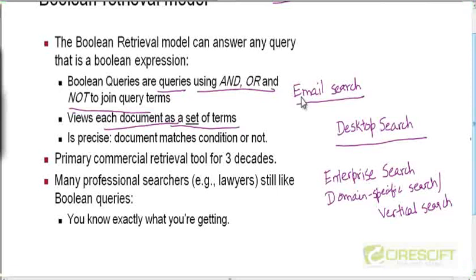Likewise, there are popular databases like Medline and PubMed, where you can search for articles on biology or medicine related papers. So you can type in queries, and the documents that you get will be basically technical papers containing those terms. So that's enterprise search.